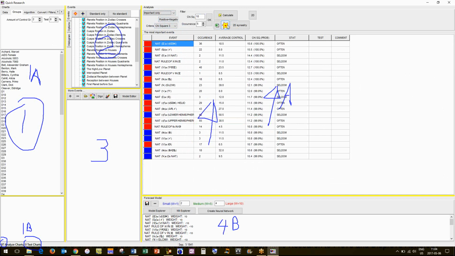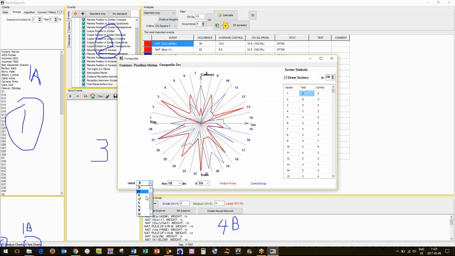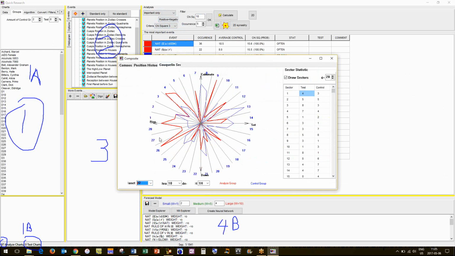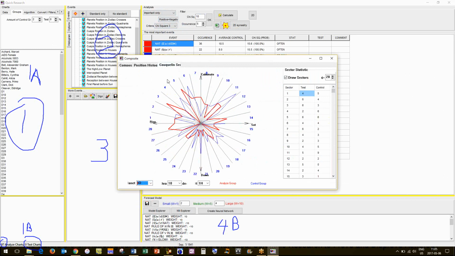Now, the other thing you could do here is look at your Gauquelin sectors as well, which is an excellent feature in this software. You could check here's the sun in the Gauquelin sectors. You could check the moon in the Gauquelin sectors. So it's a wonderful program. It's very powerful. Jupiter, with all these, where they fall in. So if you're into working with the Gauquelin sectors, you can do that.